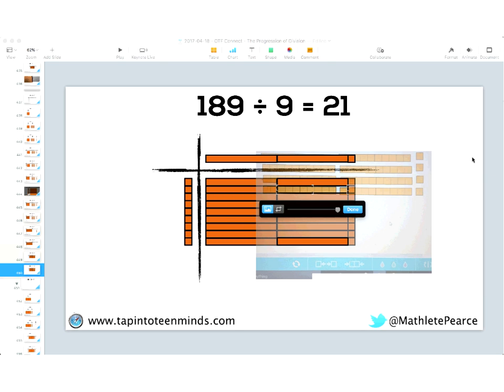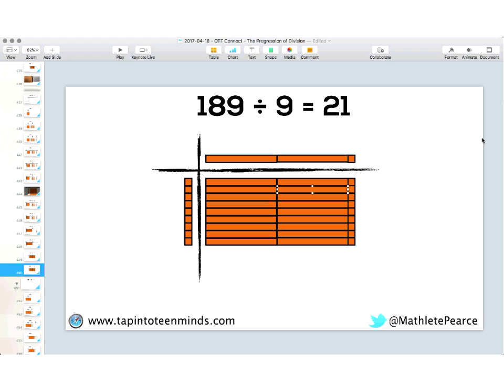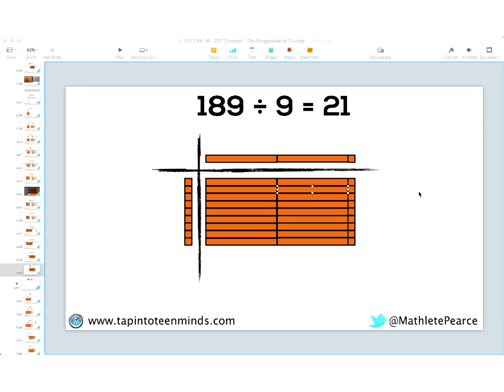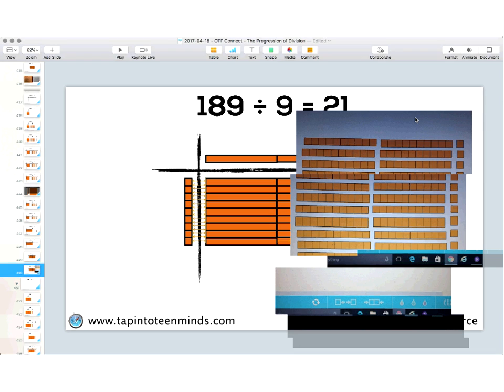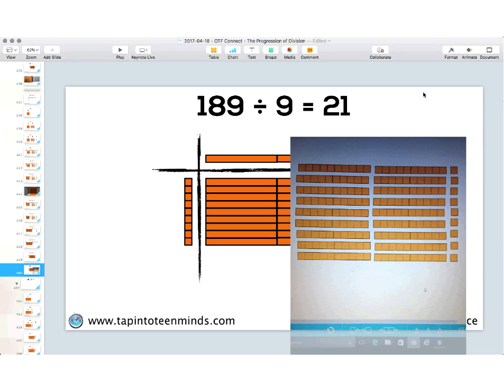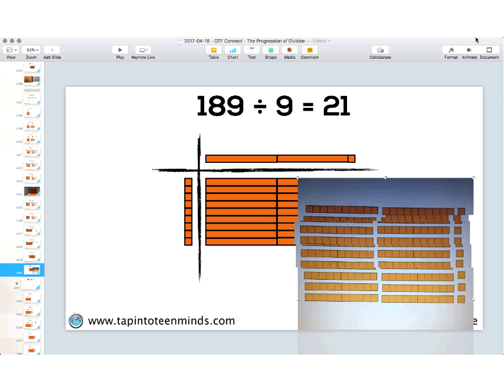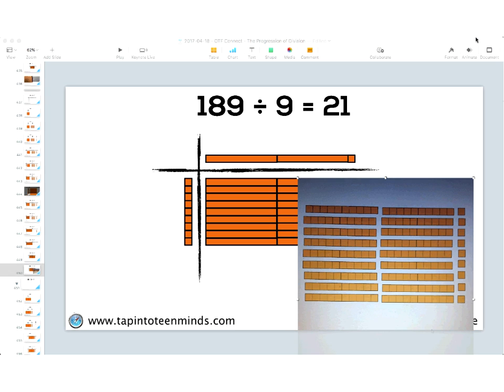Whoops, that didn't work right. Let me do that again. I put it on something else. There we go. So there it is. Look at that. So I am showing my factors explicitly here. This person is not. Definitely a valid strategy. No issues with that whatsoever. So really cool to see you using that app and taking screenshots or photos of it anyway.